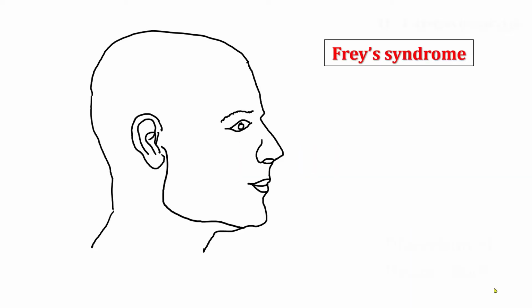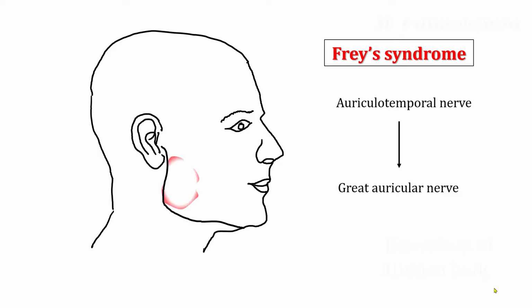Coming to the clinical anatomy, if there are any penetrating injuries over the parotid gland, it can lead to damage of the auriculotemporal nerve and the great auricular nerve. So during recovery, the auriculotemporal fibers may enter into the nerve sheaths of the great auricular nerve and join with the great auricular nerve. During salivation, the auriculotemporal nerve has to stimulate the parotid gland. Instead of that, it stimulates the nerve fibers of the great auricular nerve, which leads to erythema over the skin of the parotid gland and sweating over the parotid region. So this condition is called Frey syndrome or gustatory sweating. It is one of the complications of parotidectomy surgeries.